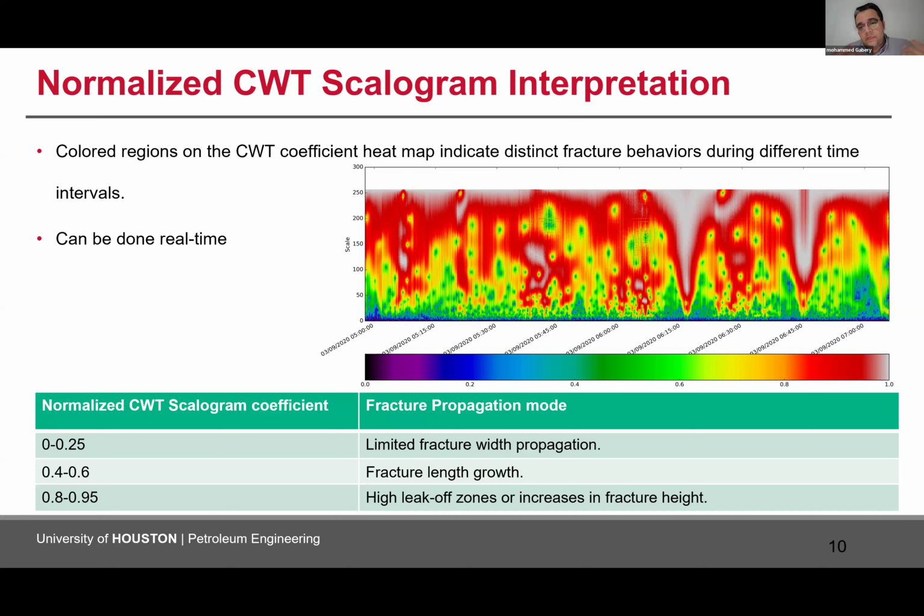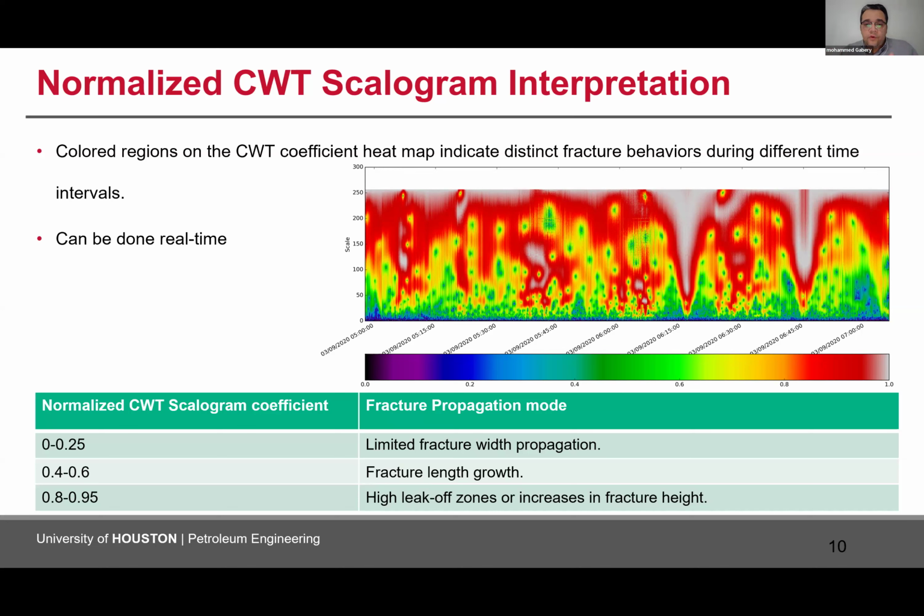How to read it? When you read the scalogram, you consider two main things. You consider a struggle between two features: fracture propagation in length, lateral fracture propagation, and the domination of leak off or interaction with natural fractures, or the leak off that steals the power of the hydraulic fracturing fluid. So this struggle